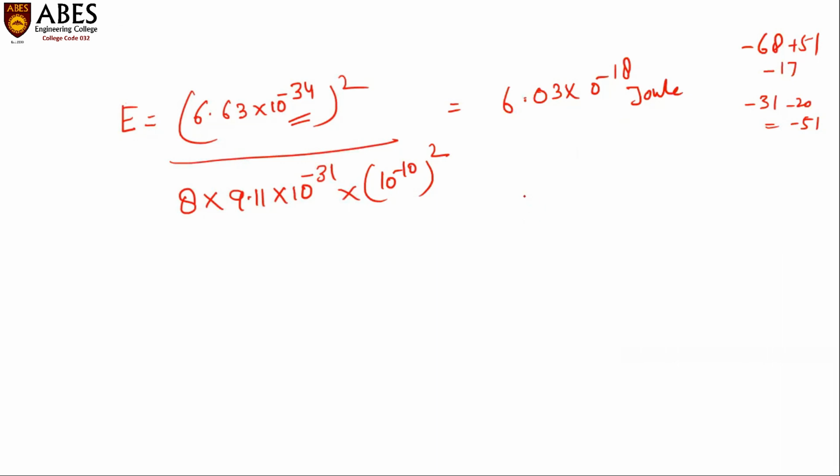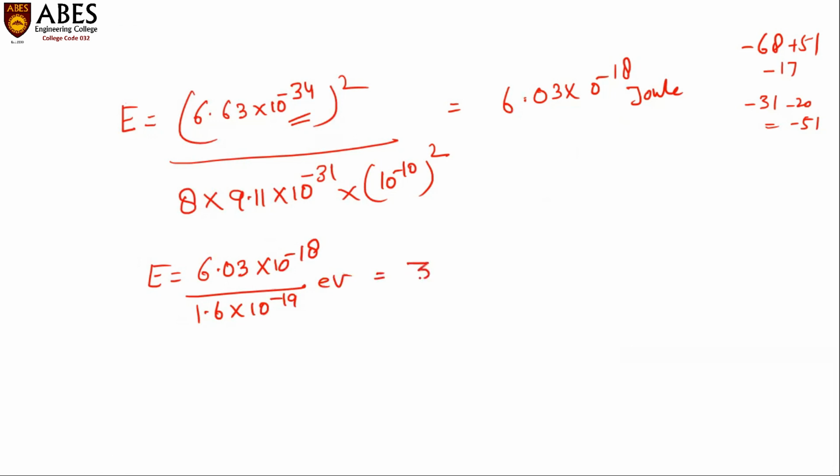For this, we have to divide by 1.6 into 10 to the power minus 19. So E is equal to 6.03 into 10 to the power minus 18 divided by 1.6 into 10 to the power minus 19 electron volt,